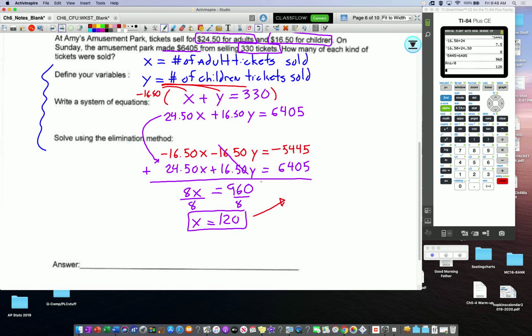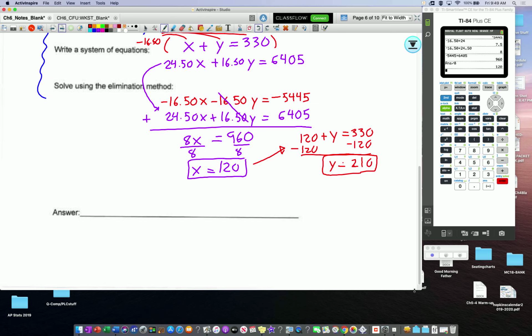Well, we know that x plus y has to equal 330. So one way I could do it is 120 plus y equals 330. Subtract the 120, and y equals 210 tickets. So, to answer my question,